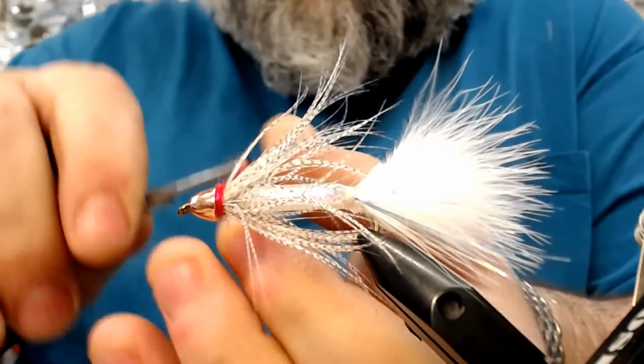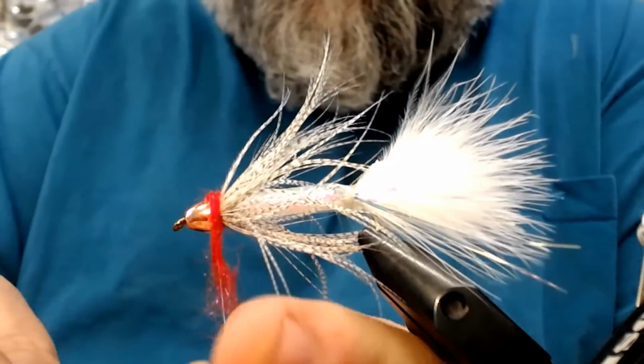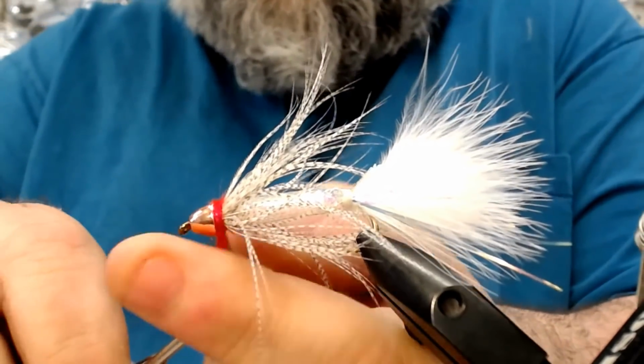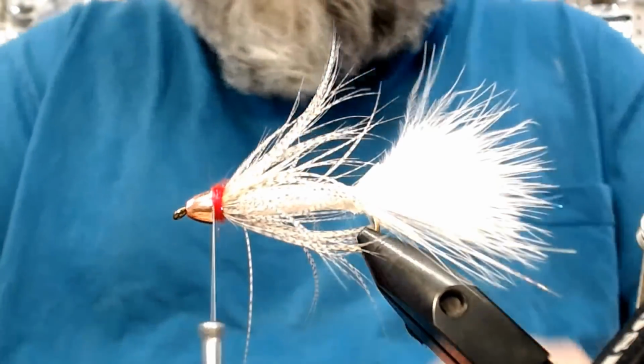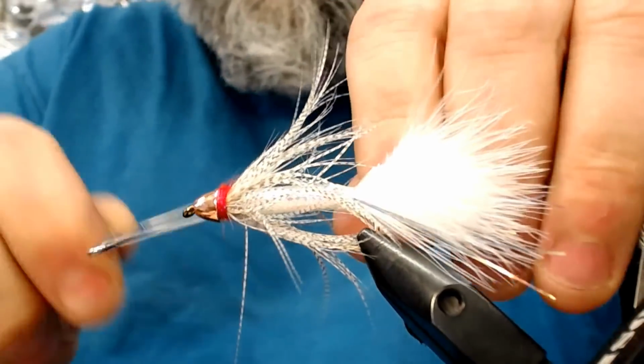So at that point, we're just tucking it in, filling in behind the bead, pulling, wrapping, making it look pretty, just like that. Okay, at that point, what I'm going to do, take my whip finisher. Once you've tied a few of these, you can really pound them off,